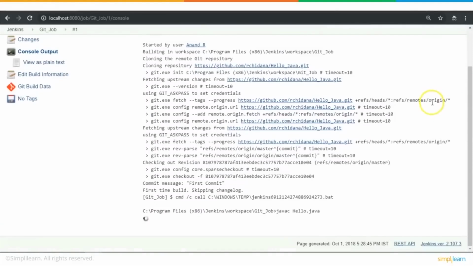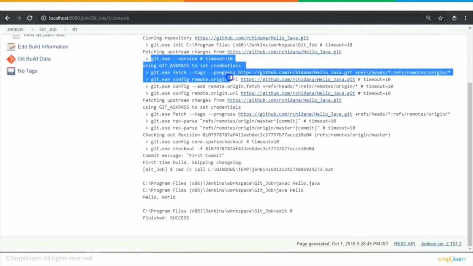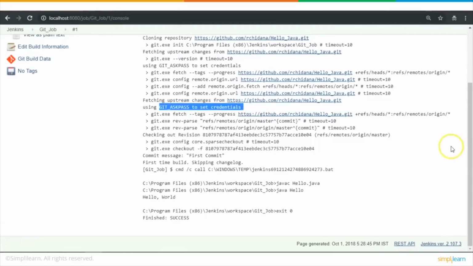Okay, if you see, it executes Git on your behalf. It goes out here, it provides my credentials, and it pulls my repository, and by default, it will pull up the master branch that is there on my repository. And it builds this whole thing, javac hello.java, and it runs this project, java hello. And there you see, this is the output that is there. And if you want to look at the contents of the repository, if you can go here, this is my